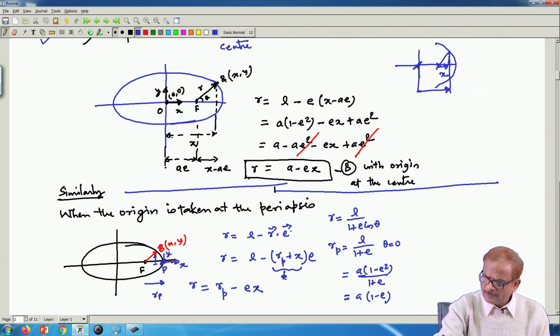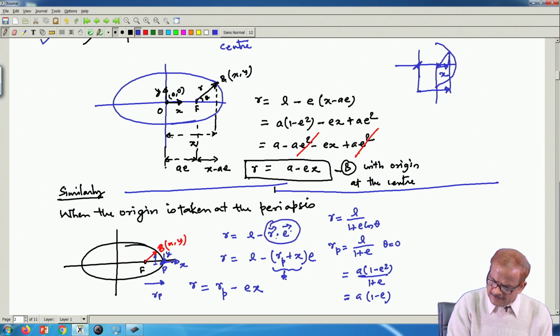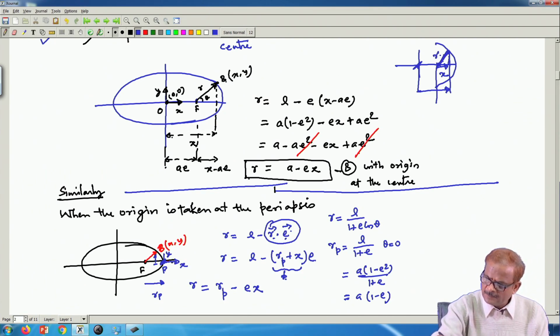So, this does not change here, what we have written as r dot E. This r dot E represents, this is your r and this is theta. So, what we have represented as x here is x equal to r cos theta. This is not going to change, it will always remain the same. If you take it on the other side, the projection will obviously change, but this representation is not going to change, this will be r cos theta.